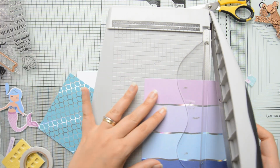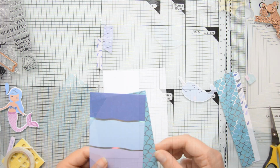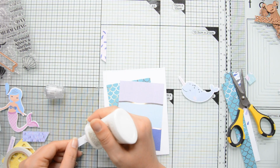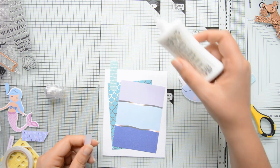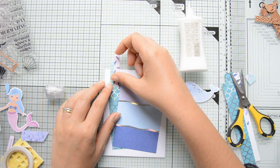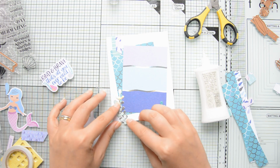I am creating some small squares. These are, I believe, 3 by 5¼ inches, and I am cutting them out of some pattern paper designs. So here I'm sort of combining the idea that I had on my first card with the banners that I used on the previous card. So I have created again some little banners that I